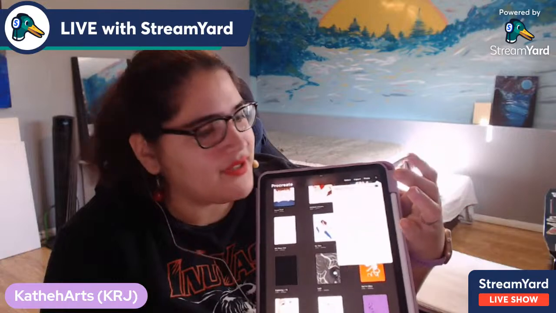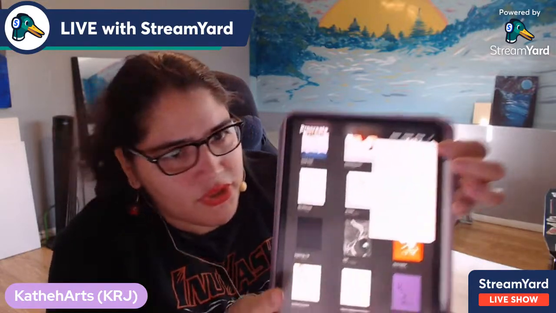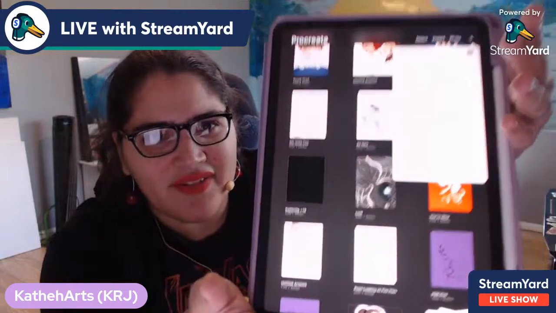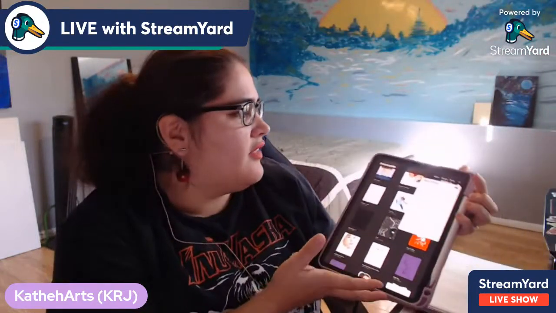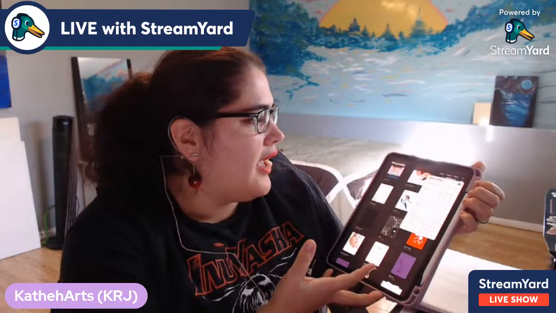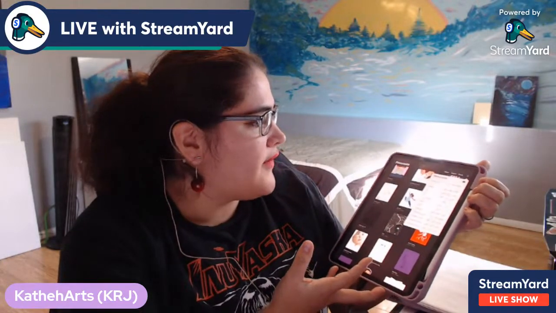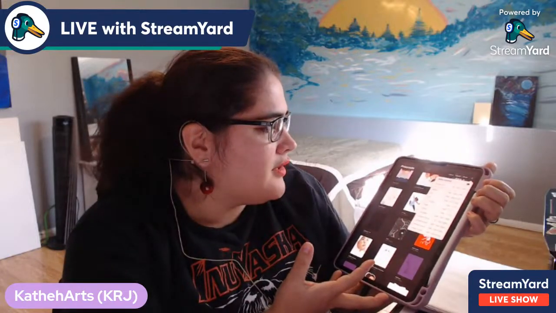You press the plus sign, and then you can choose whatever you want. I don't know if you can see it. Oh, you can't even see it. That sucks. It says screen size, square, 4K, A4, 4x6 photo, paper, comics, face paint. I don't know what face paint is, to be honest. And then a couple of untitled canvases that are different sizes. For the sake of this, I'm just going to press the top one, the screen size,